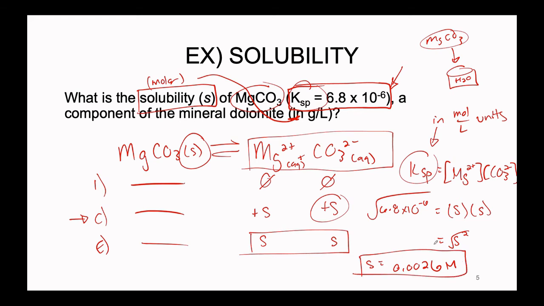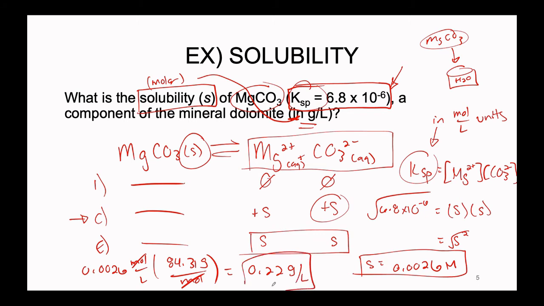All right, so here's the first value that we were asked to find. The molar solubility S is going to be some type of mole per liter unit. Now let's find what this value is in grams per liter. The easiest conversion that we have to do is just take this, multiply it by our molar mass. So the 0.0026 mole per liter, we're going to take this and multiply it by the molar mass of magnesium carbonate, which is 84.31 grams per mole. So here now we can see our units of moles are going to cancel, and this will leave us in a unit that is grams per liter. And our grams per liter are going to be 0.22